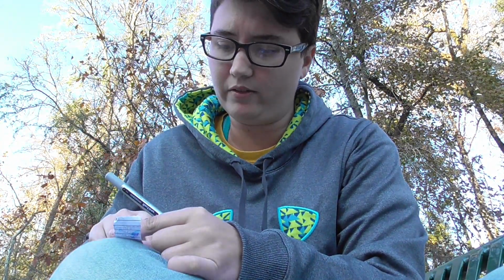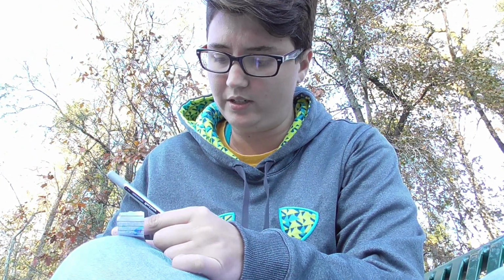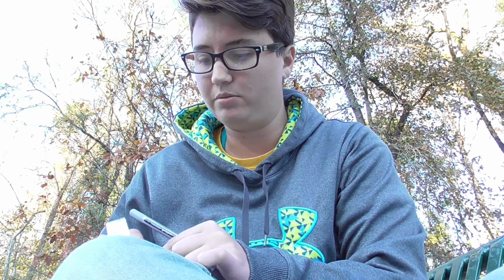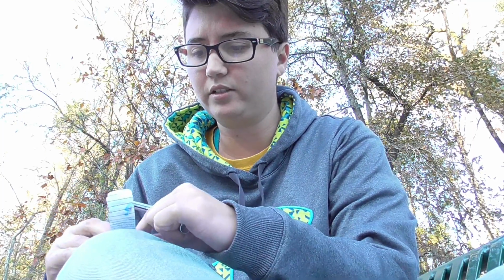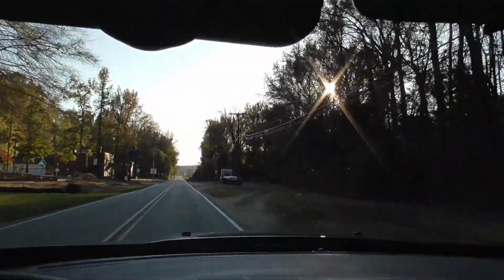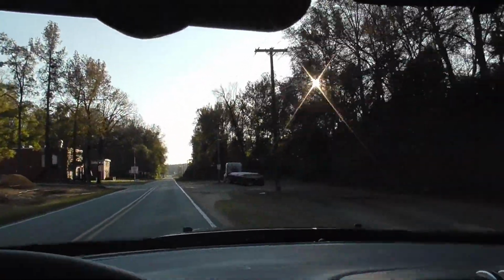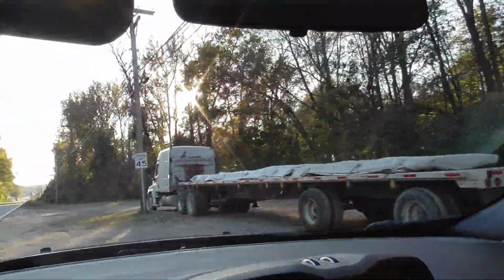Alright, I'm gonna put this back, and then I'm gonna go back over to that spot where that truck was and see if he's gone and see if I can get that cache, because it's an ammo can and I have a trackable that I've been holding on to for too long that I want to drop in there. So let's go do that. Alright, the guy looks like he's gone, so let's hope that he is. One of the trucks is still there, but the one that he was working on is gone,